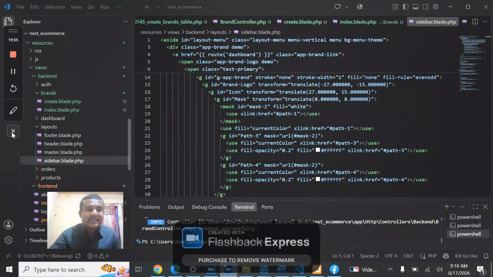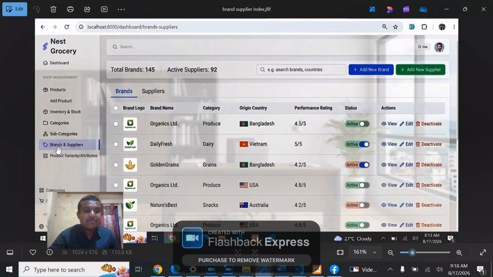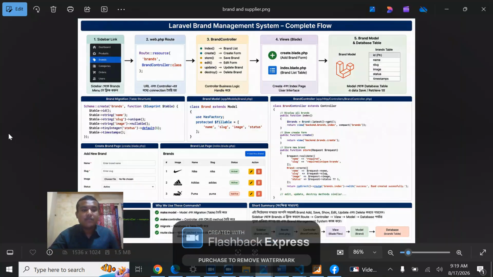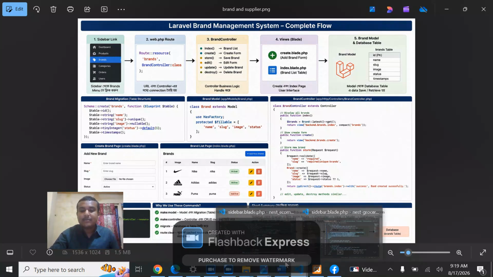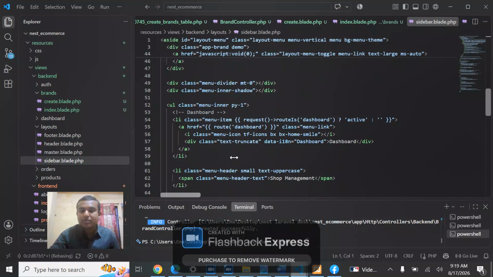So guys, as I promised you, if I go to the photos, I have to make a button named brands and suppliers. So for that, what we have to do is make the web.php route system, brand controller, view file, and the database system, controller, view, model. So just I have to go to sidebar.blade.php, and if I go to the bottom,